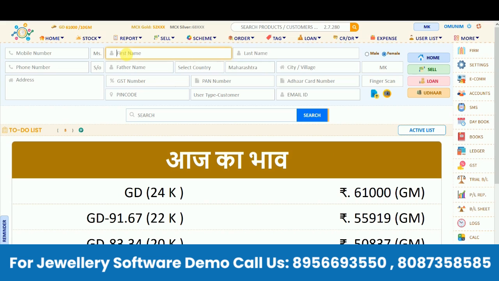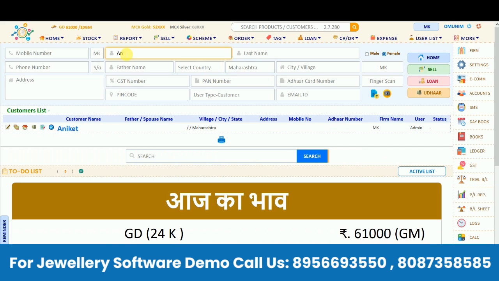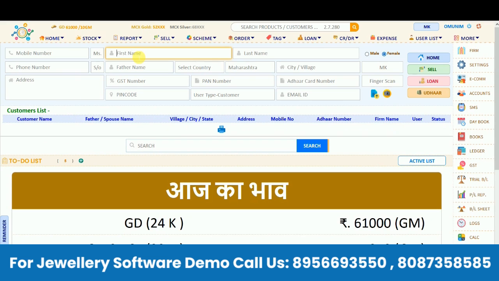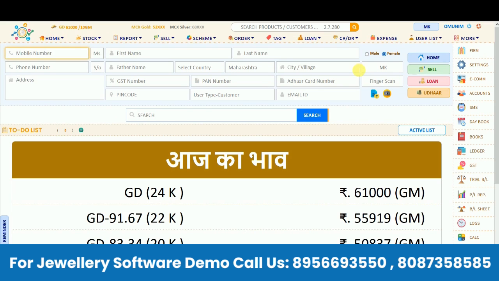If you want to search for any of your older customers from the homepage, let's say I'm entering my older customer's name here. If you enter your older customer's name here, you can see the customer list below. If your customer is present, it will get filtered down. Similarly, if you want to add any new customer, let's say I'm entering my new customer's name here. If you want to maintain the KYC details, you can maintain the KYC details as well. And if I click on my home tab, my customers will automatically get added directly from the home page itself. Okay, so firstly we'll go to the right side.